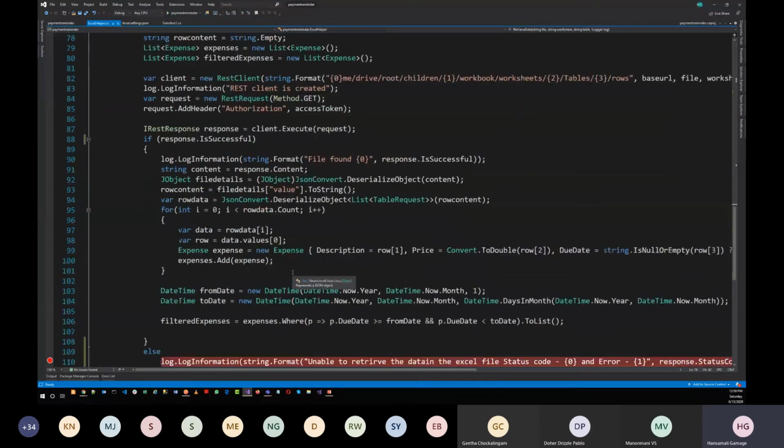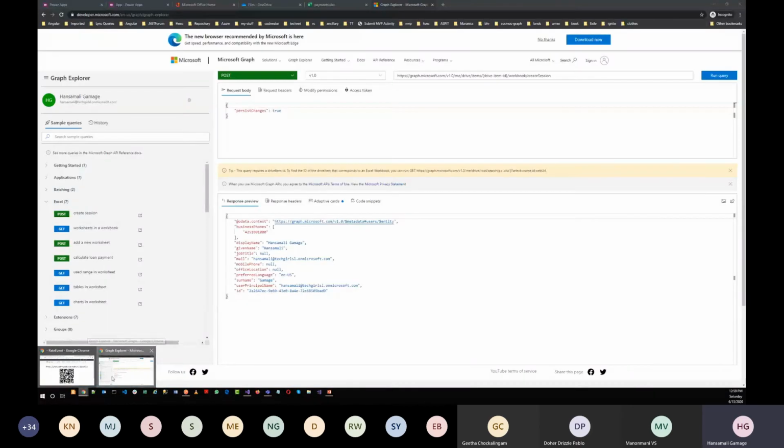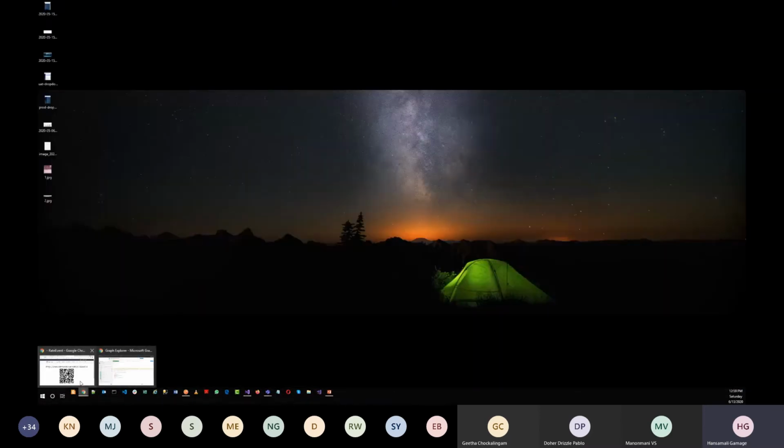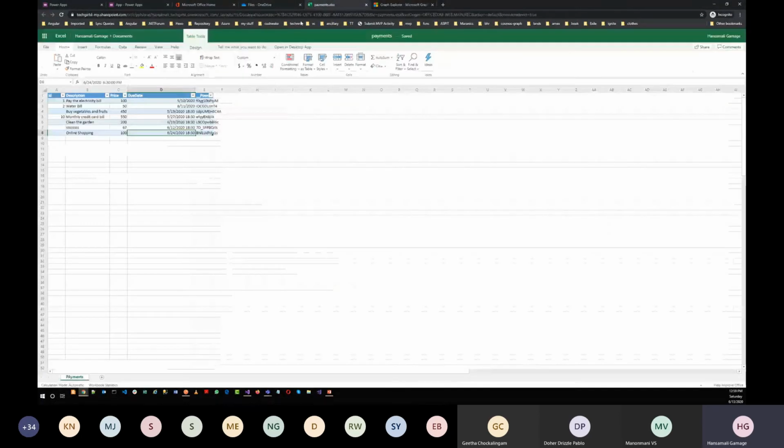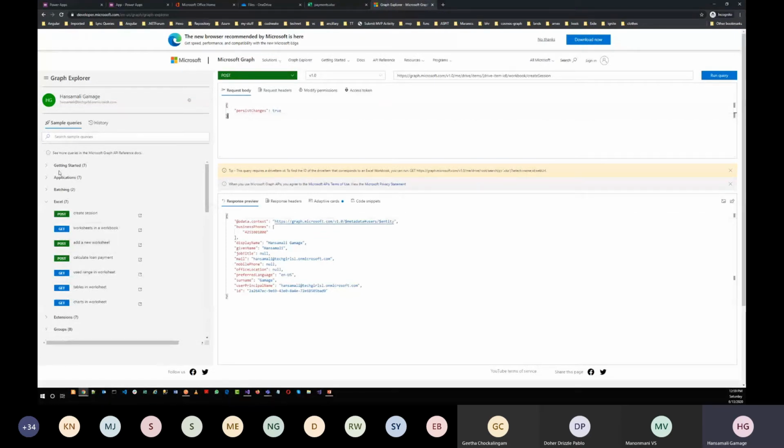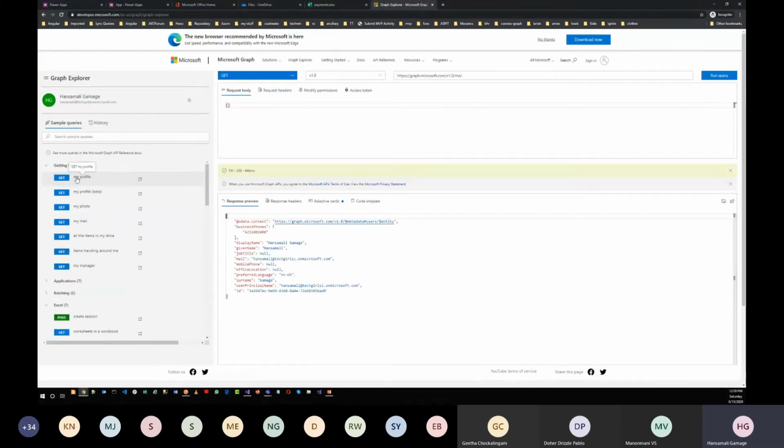If you move into the Graph Explorer, we have retrieved your profile information using graph.microsoft.com, the base URL with the version. You can change the version from here and pass in the endpoint as me.